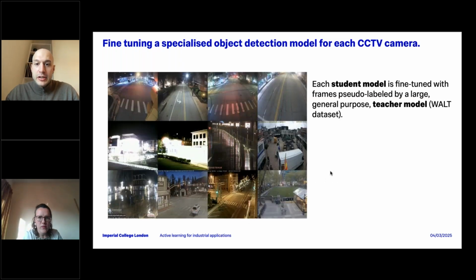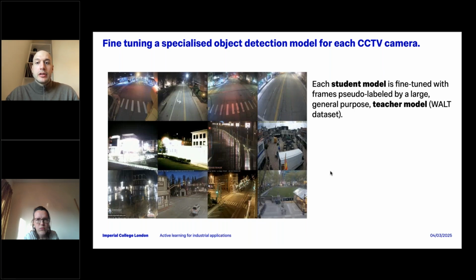In particular, the case study where we applied this, for which I need to thank Dany Manja from Université Catholique de Leuven for his work on this topic and for including him in the project, is that we wanted to specialize an object detection model for each of the 12 cameras that you see here on the screen. So the idea is that you want to have a specialized model for each camera, because the inclination and the placement of the camera can make the pattern recognition task very different. And so we might have better performance if we have a specialized model for each camera.